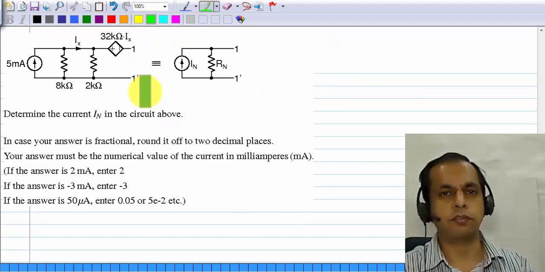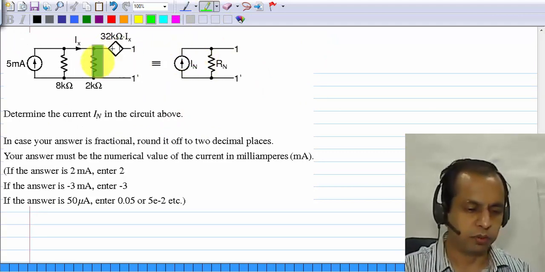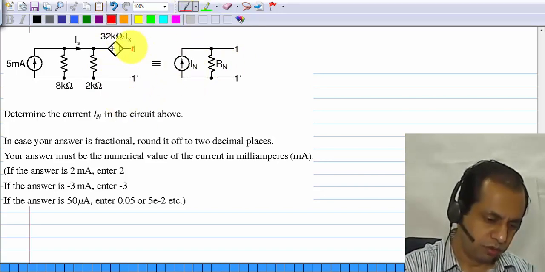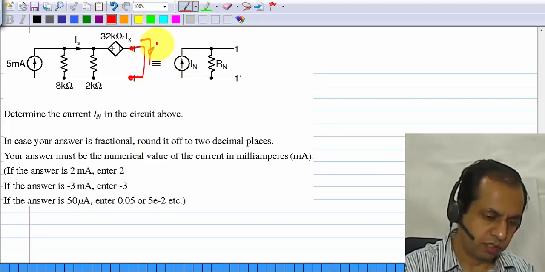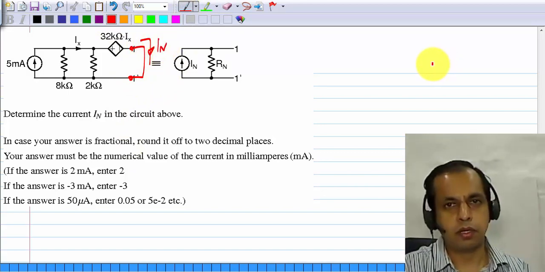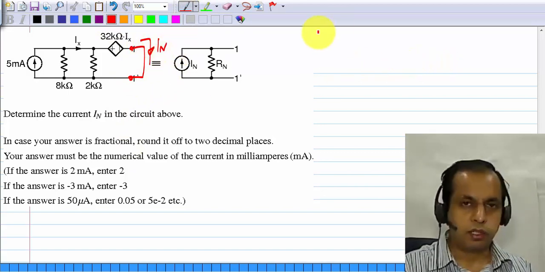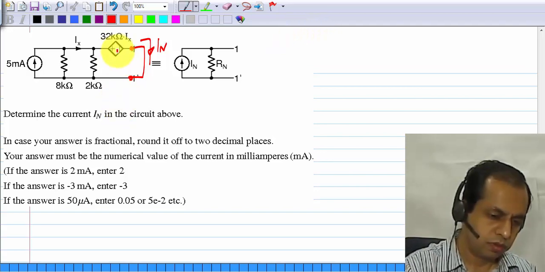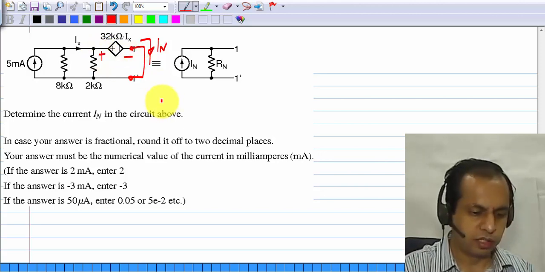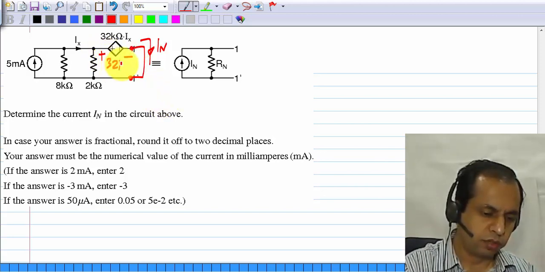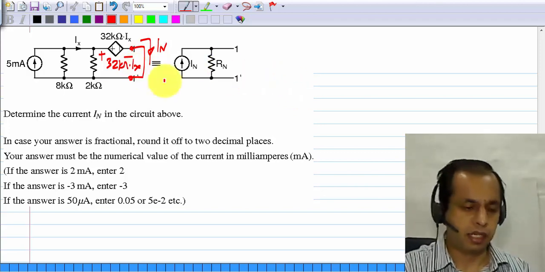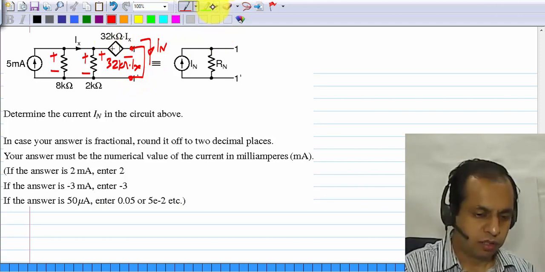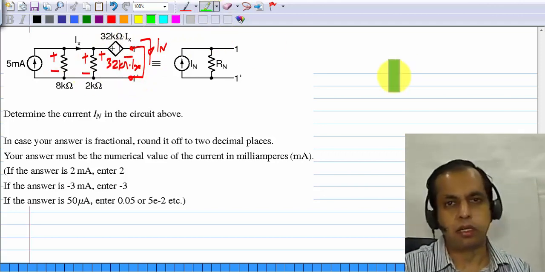And here is another circuit for which you have to find the Norton current, and it includes this control source. Okay. So again, you short circuit this and you have to find this current. That is the Norton current. Now you can see that the voltage here is 32 kilo ohms times Ix, and exactly the same voltage appears there and there,